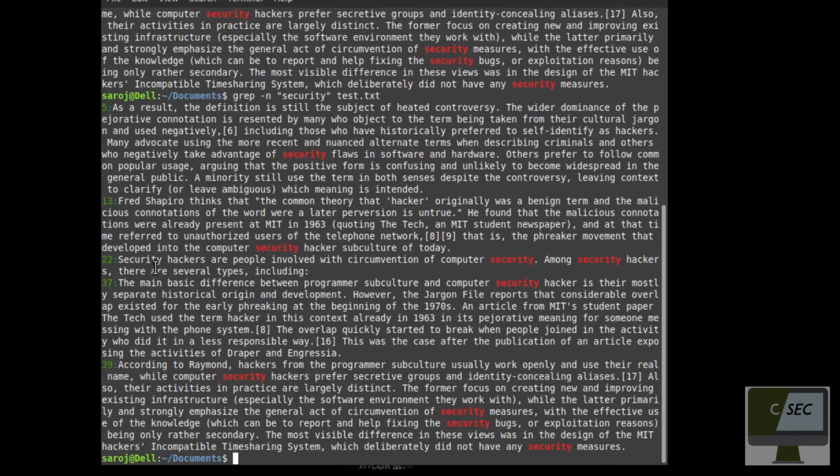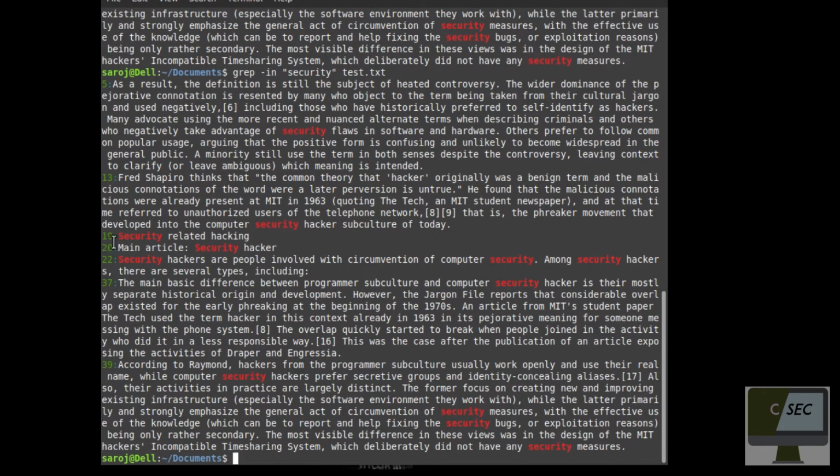Okay, so by default grep is a case sensitive command. If I want to make it case insensitive, then we have to do grep -i, then it will print out those lines which have capital letters in them. Before it was not printing out the capital letters, but now it is printing out security or the capital letters, those starting with the capital S.